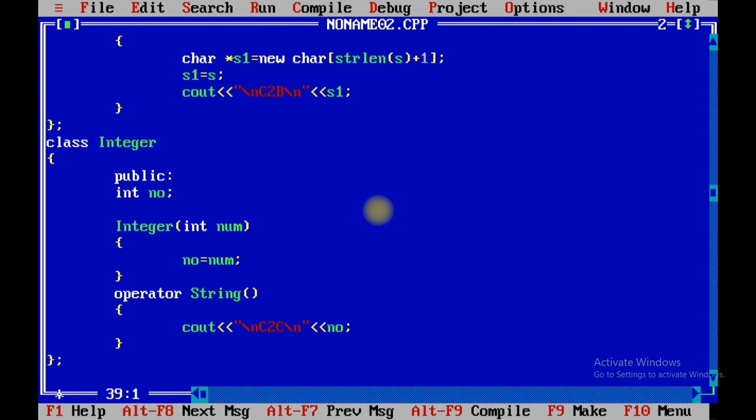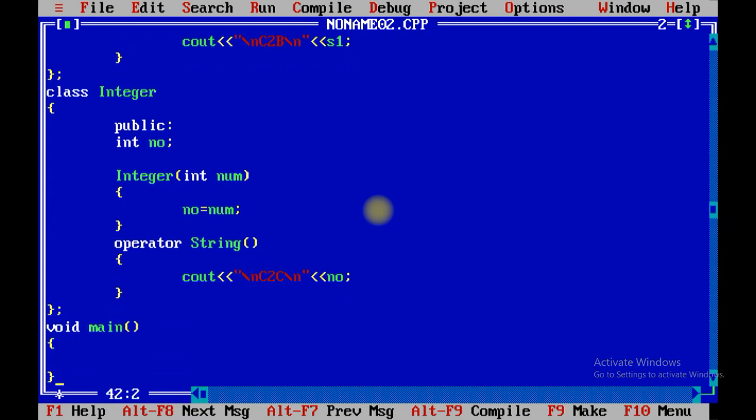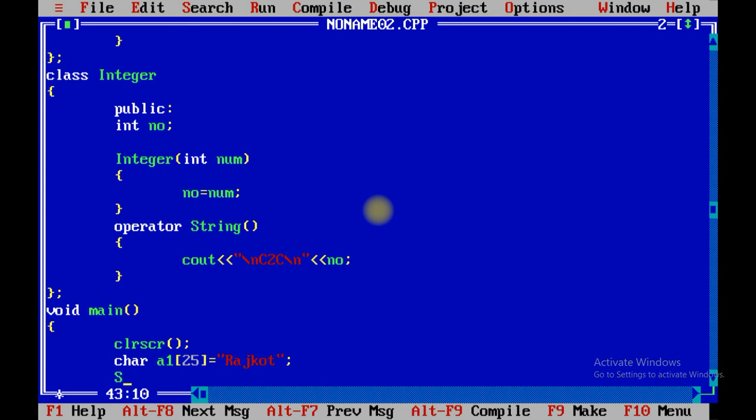Now void main, clrscr and getch. Over here char a1[25] equals Rajkot. Now String, this is the class which we have declared, right?